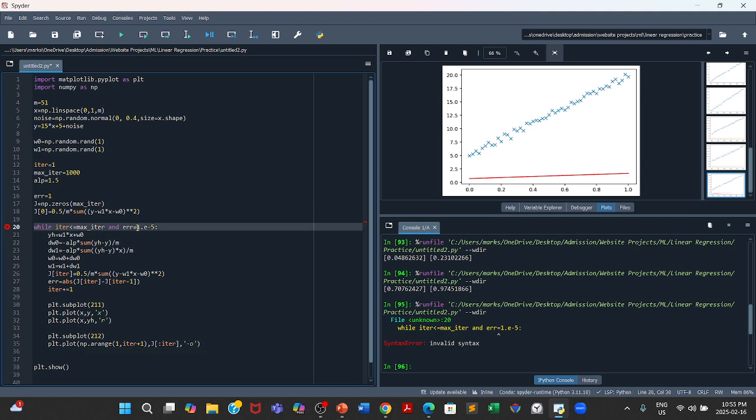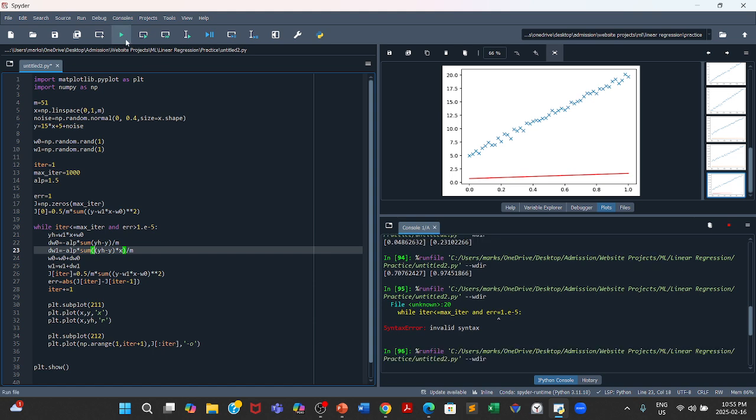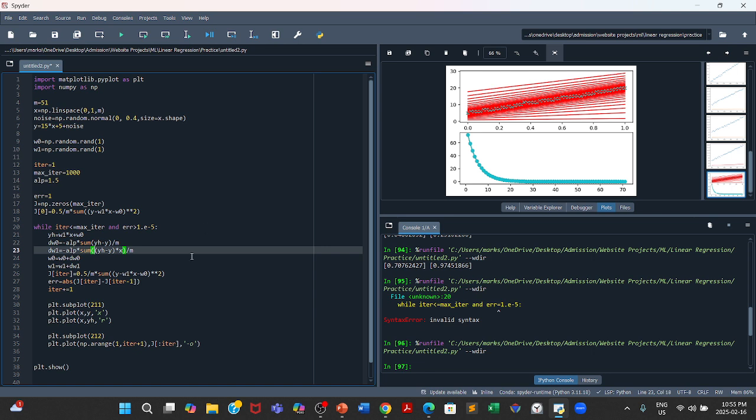Okay, so here I have one error. It's not is equal to, it's actually if it's greater than 0. So now if I run, yeah, you can see that there are two different plots coming. On the top we have one plot and on the bottom another. Let's